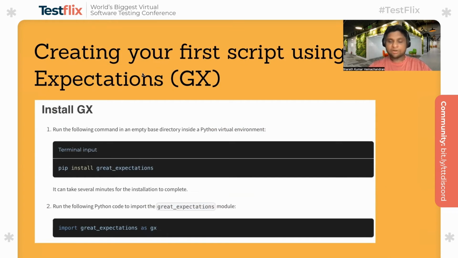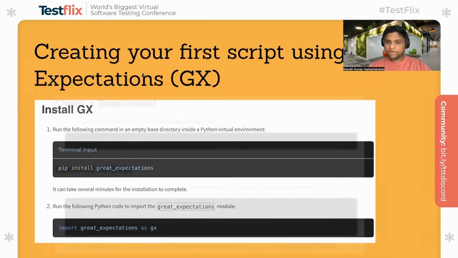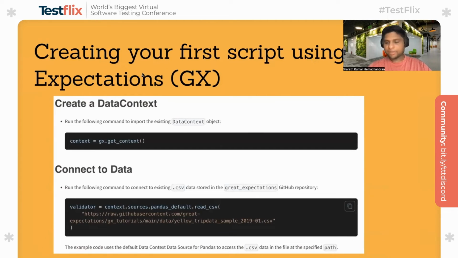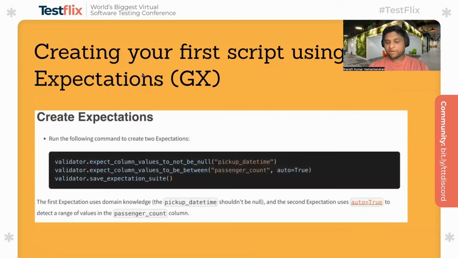So as I mentioned, the first part of using this particular library is to install it and import it into the class that you would like. We are going to create a data context. In this particular case, we're just creating a data context. It is not necessarily related to a set of data context that you have created. Once you do that, you would then point it to the data source, which you would like it to run